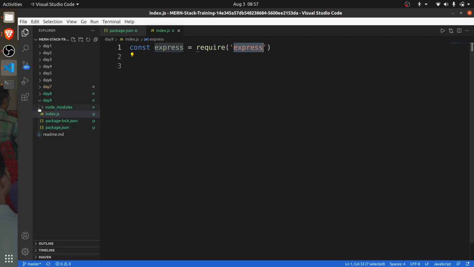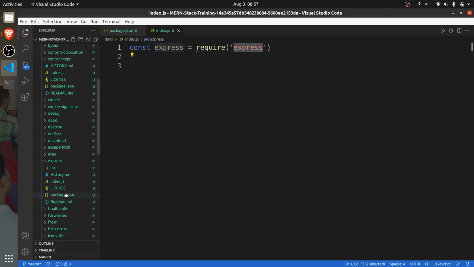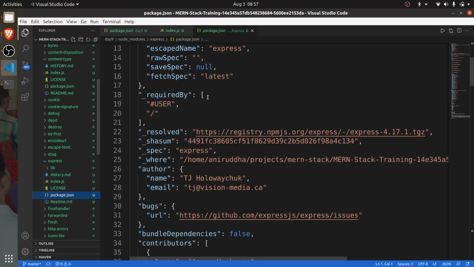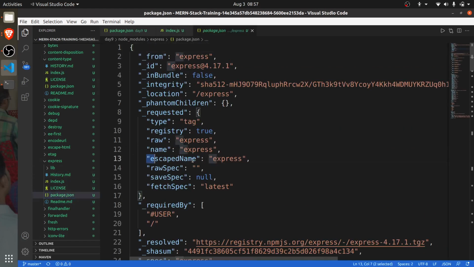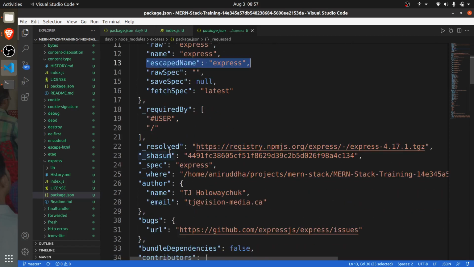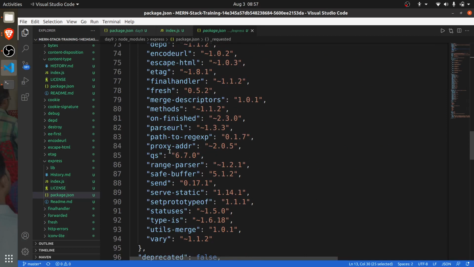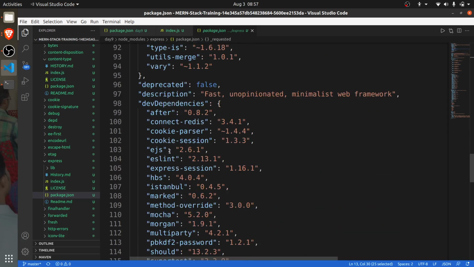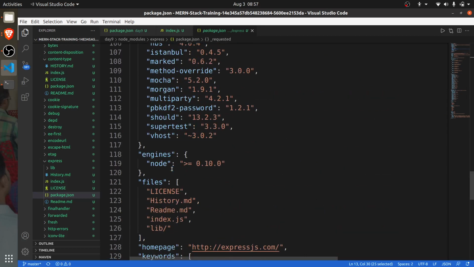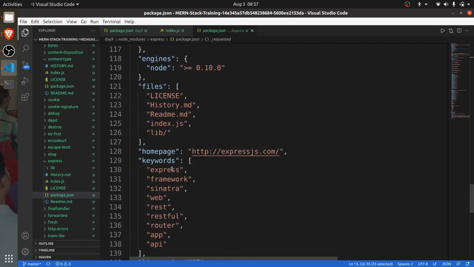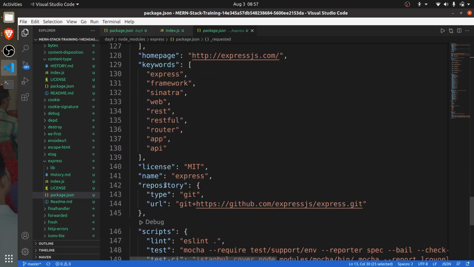If you go here again and see express, the name of the package is express. Now they have changed it, I don't know what they have done exactly, but dependencies are there, dev dependencies are there, files, keywords. Yeah, if you see here, the name of the package is express.